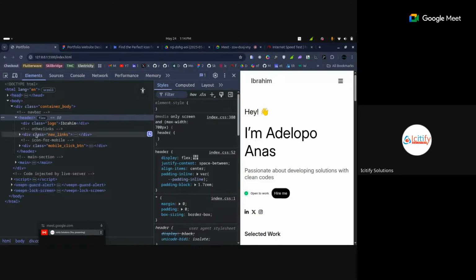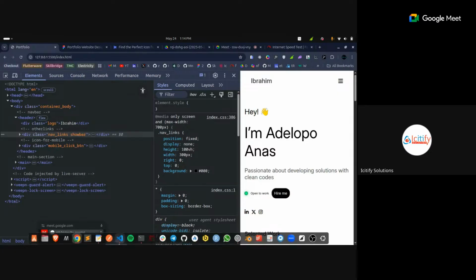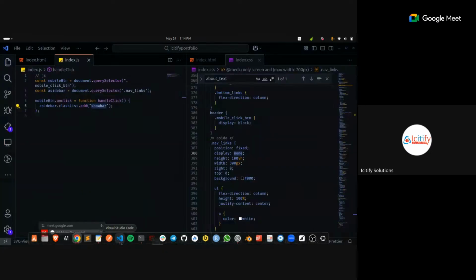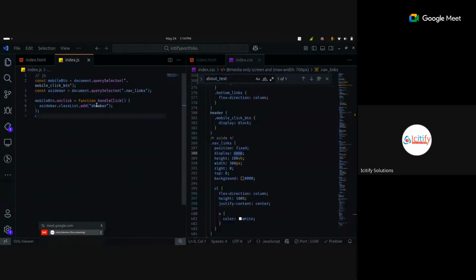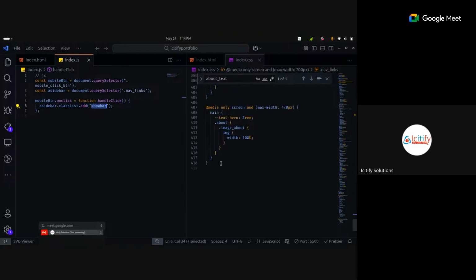As you can see here, by default this div has the class name nav-links. But when I click it, I said it will add showbar. Wonderful, so we have what we want now. It has added the showbar here, as you can see. So now let's do dot showbar. We know the class name we are trying to target, so you can go anywhere in our code and write